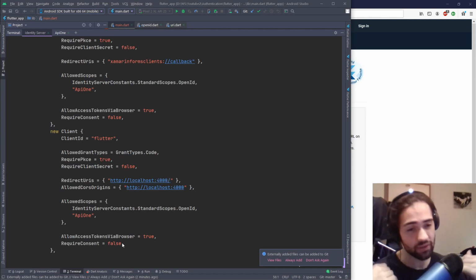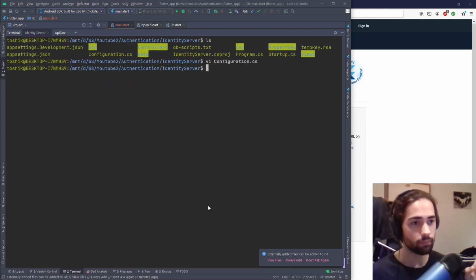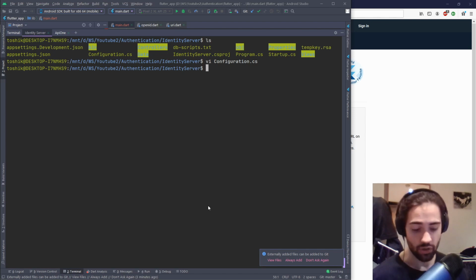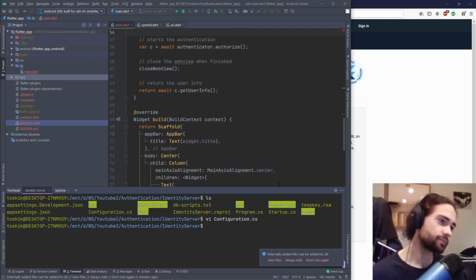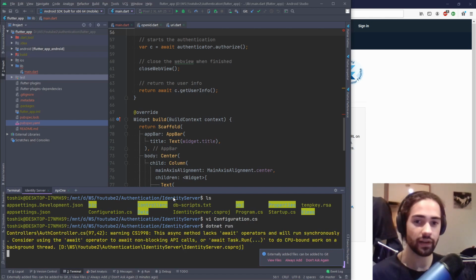We didn't implement that, so we don't have that. Okay, so changes are complete. Colon WQ, enter. If you have a notepad editor, you can go ahead, open that, use that. I am just showing off at this point. So that's done. Let's go ahead to .NET run to run the identity server, and let's see if we can